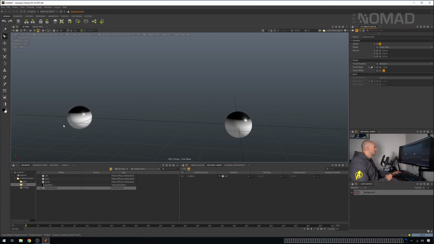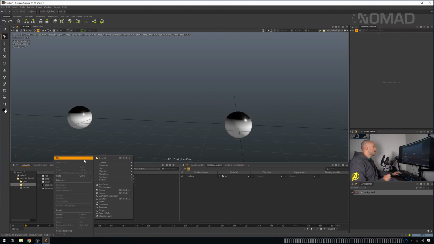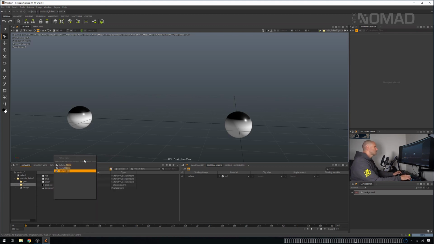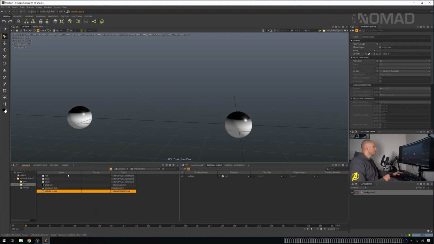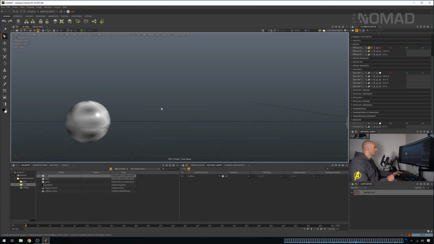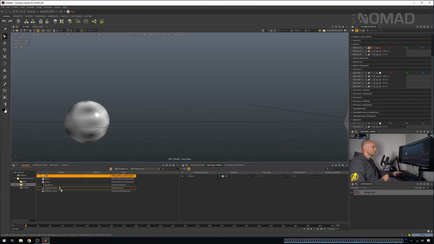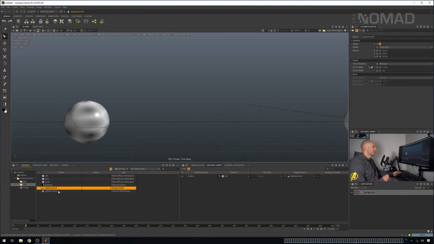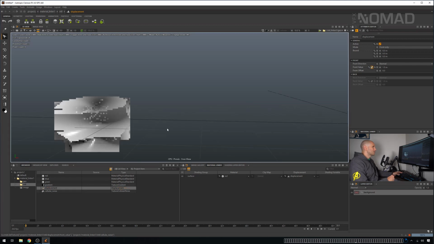And so to display that, what we're going to do is we're going to go noise, and cellular noise will do. And I'm going to just plug the cellular noise in here really quick. There you go, nice and pretty. And what we'll do is we'll plug in the displacement now. So I've dropped in the displacement node. And now I need to plug in our cellular noise to that displacement. And you see it kind of goes,